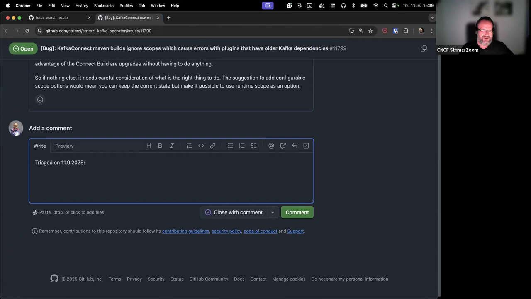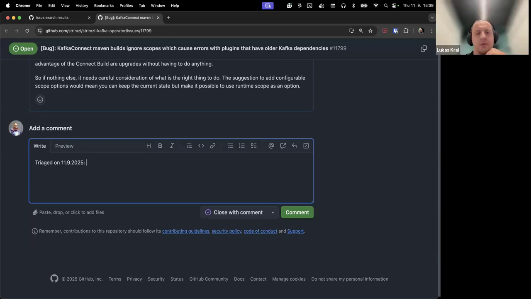I can see why we should have done it for runtime scope dependencies only at the beginning, but I'm a bit afraid to just switch it like that now. I saw that there is a comment about adding a possibility to specify the scope. I guess it makes sense now to not break anything from before.